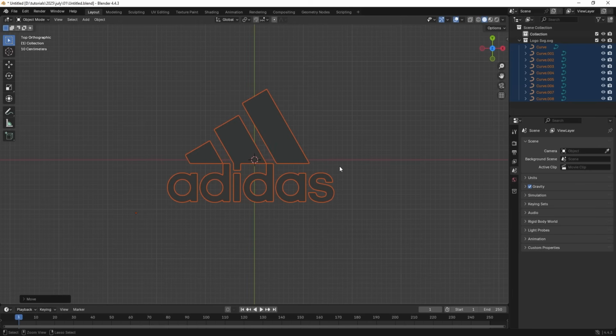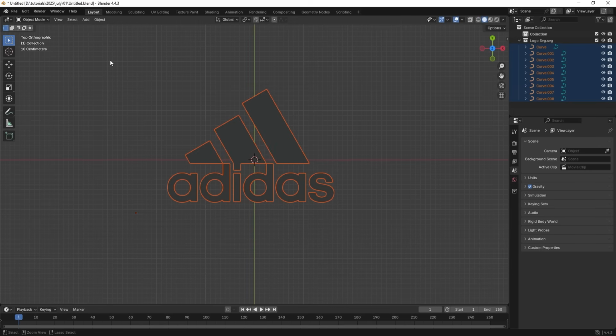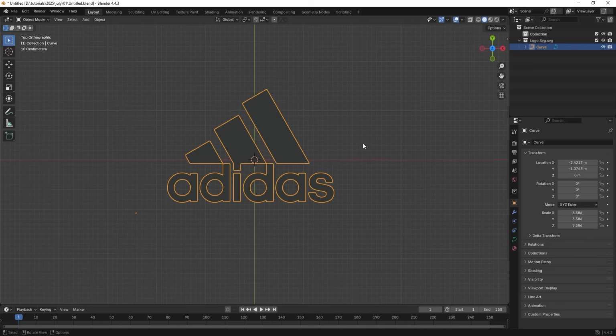After that hit Ctrl J. Make sure to select all of this and hit Ctrl J over here to make all of this in one format like this. Let's select this and hit Ctrl J. As you guys can see, after hitting that, all of them are now in one curve. And if you see the